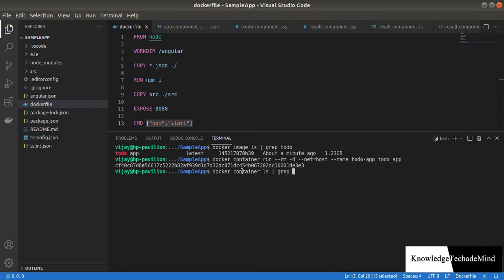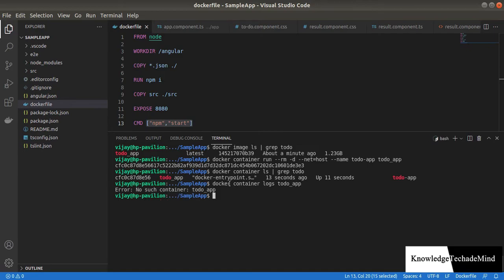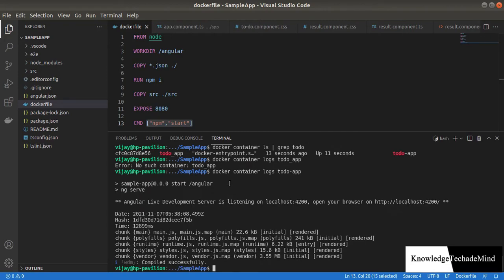Now I am checking whether my container is running or not by using the docker container ls command, and also checking the logs of the container.